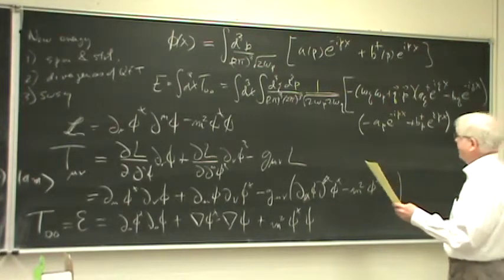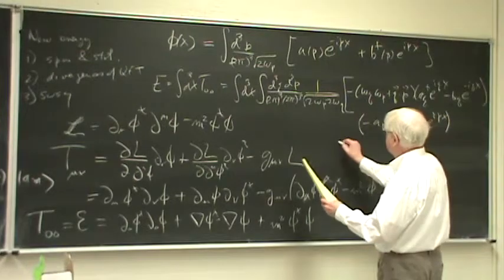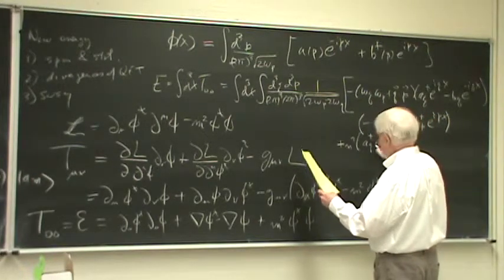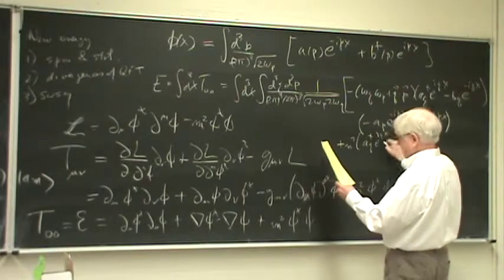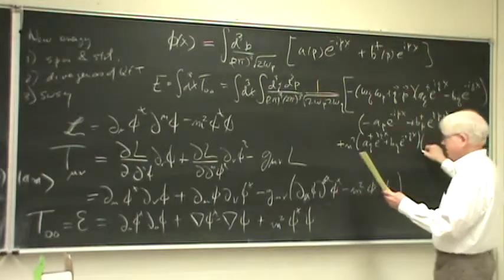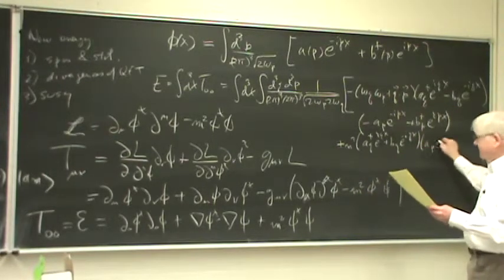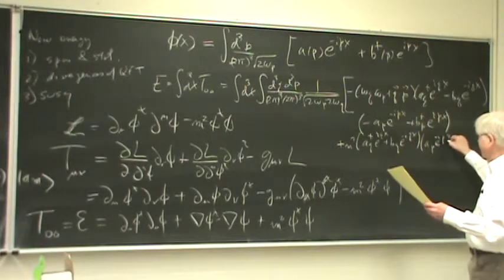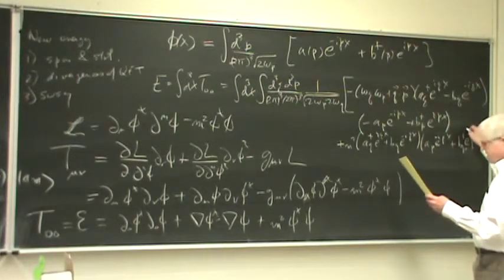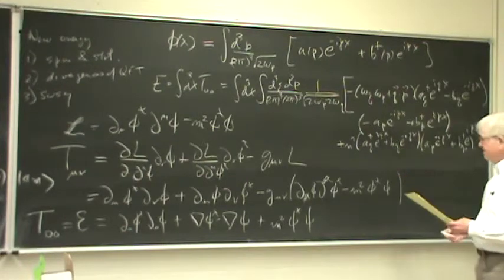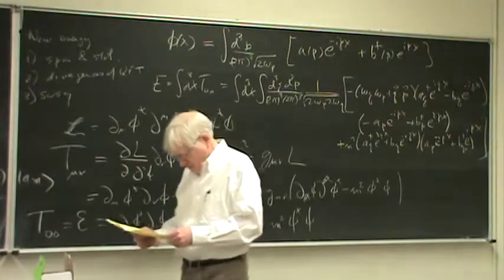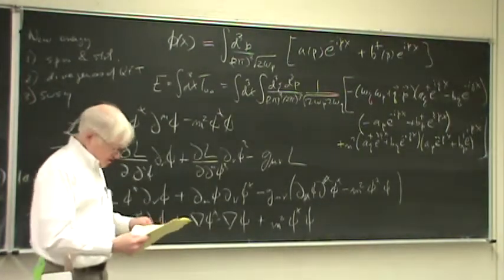Okay. That, and then there's the mass term, which is actually simpler, namely m squared [aq dagger e to the iqx plus bq e to the minus iqx], and then [ap e to the minus iqx plus bp dagger e to the iqx]. Okay, right bracket. All right, now, if we've kept all this straight,